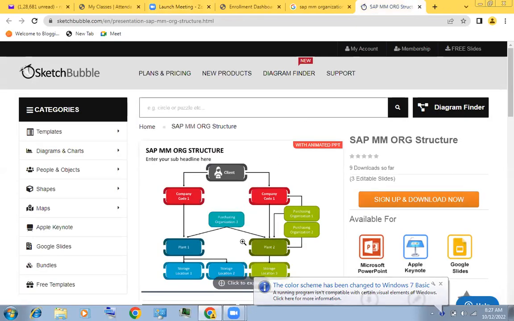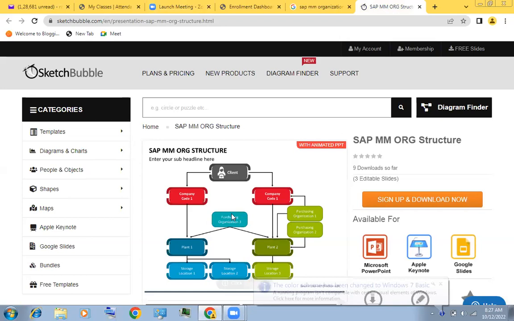So we were talking about the SAP organization structure, how it works, and